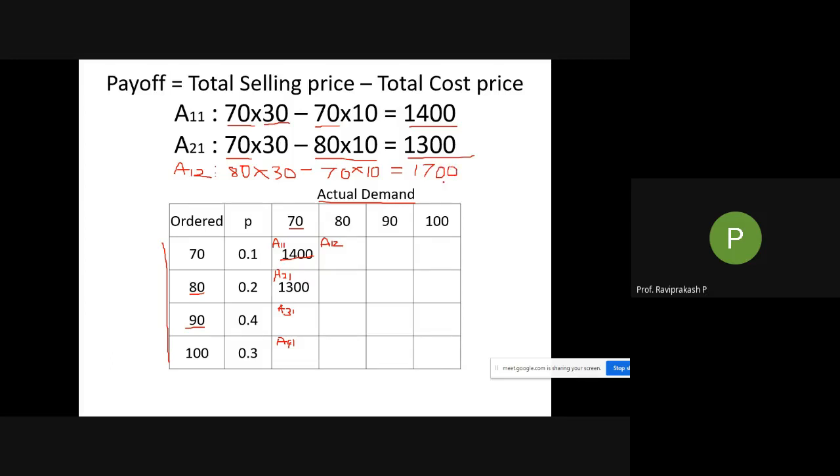I can tell you this. Why? I'll tell you. See here, demand is 80, not an issue. Demand is 80, but how much am I ordering? I'm only ordering 70. So I'll give you the shopkeeper's example again. You want to buy 5 kgs of rice, but the person in the shop is having only 4 kgs of rice. How can he sell 5 kgs of rice to you? The maximum that he can sell to you is 4 kgs only, right? The demand is more, no doubt, but I am not having that much supply to meet the demand. See here, I am ordering only 70, but my demand is 80. So how much can I sell maximum?